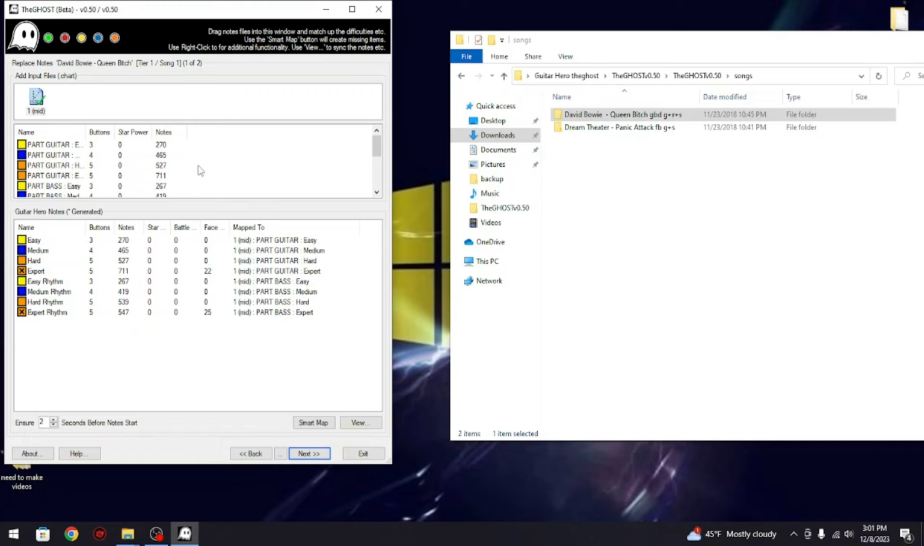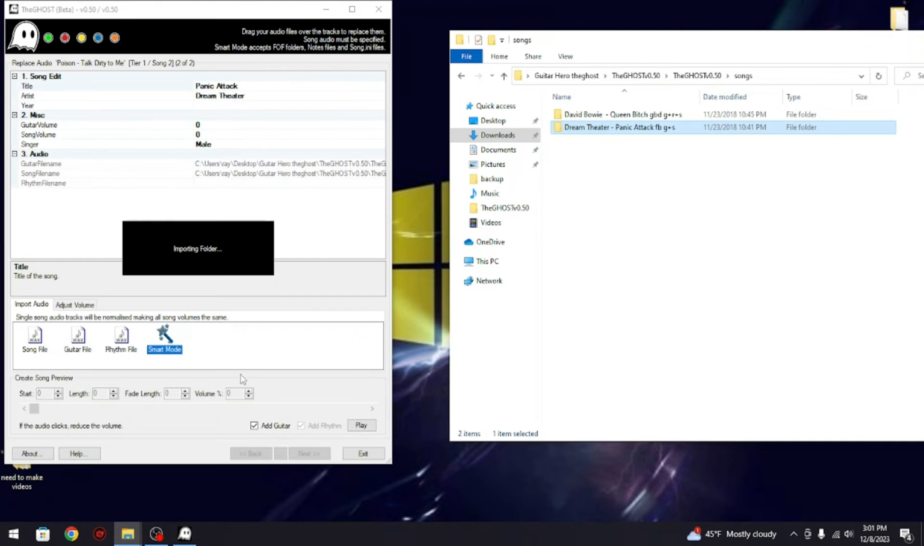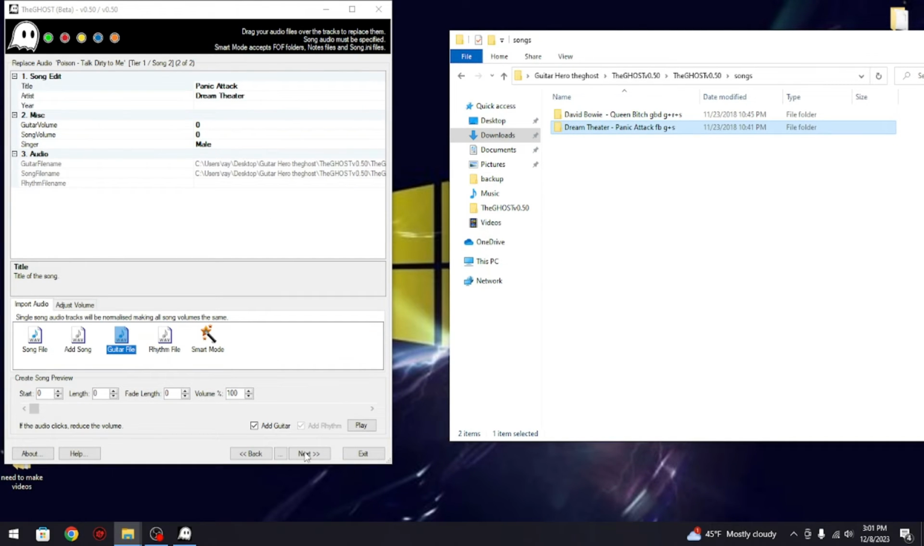And then this will be the new song. We're going to hit smart map, because if you see where it says star, there's 0 stars and 0 battle. Just hit smart map and it'll fix all that for you. Hit next, and now this will be our next song that we wanted to get rid of or change. And we'll do the same thing, smart map, next,